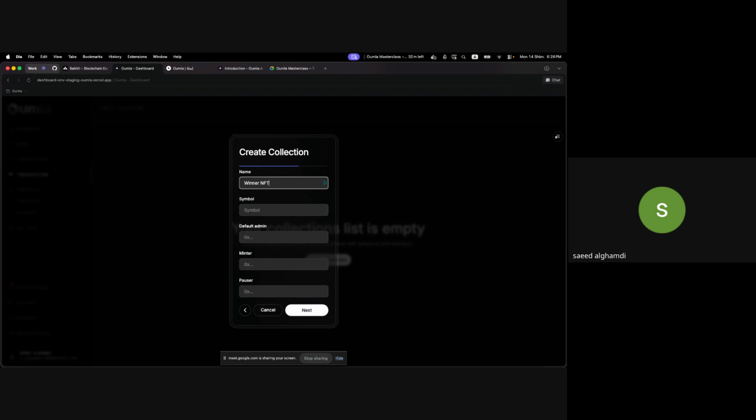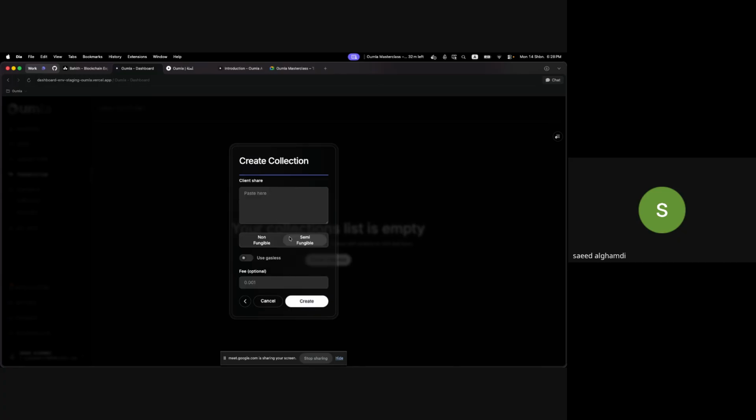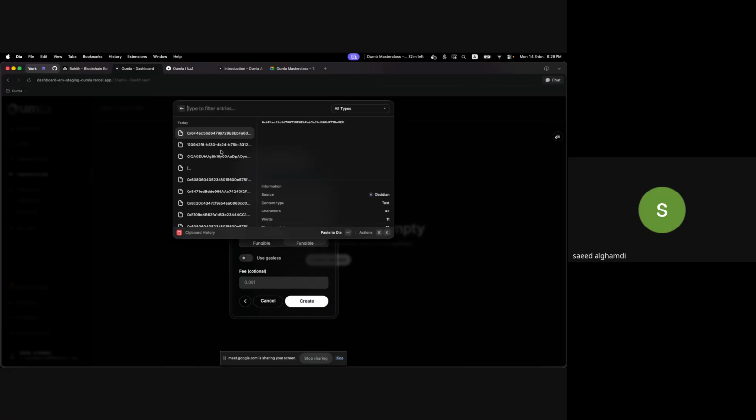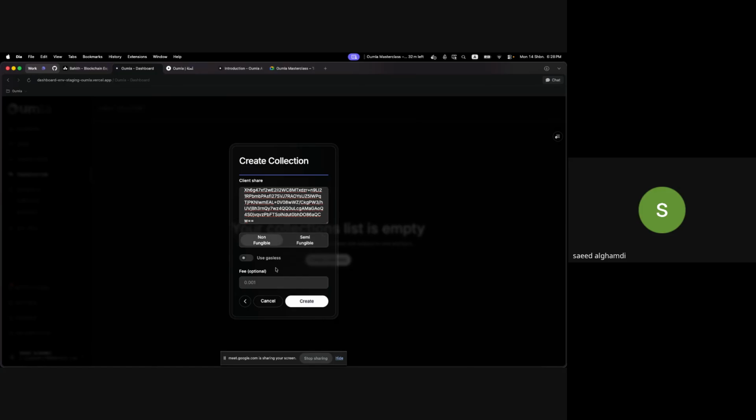NFT. Let's say that default admin will be my address as well. Semi-fungible token. Let's do this one, non-fungible. This will be the client share. Let's create it.